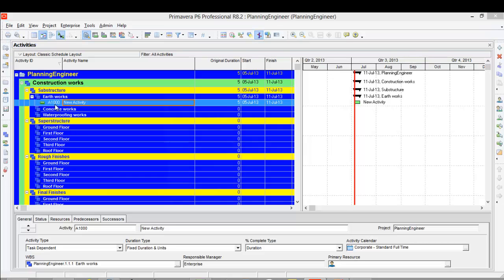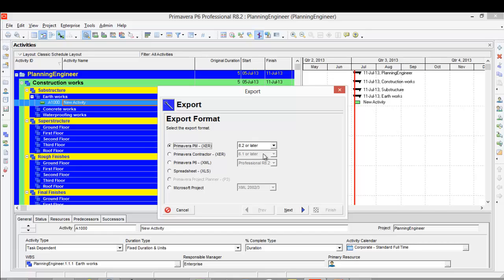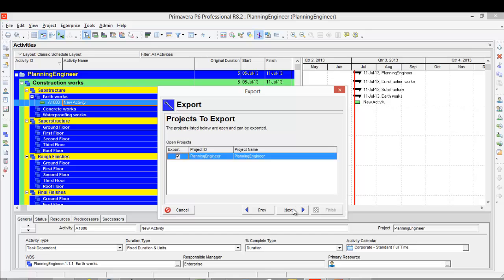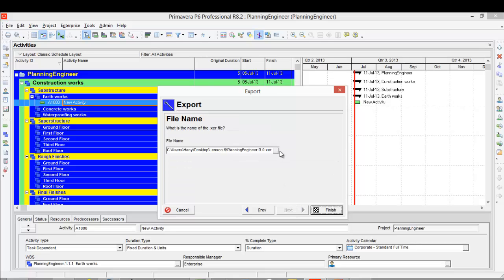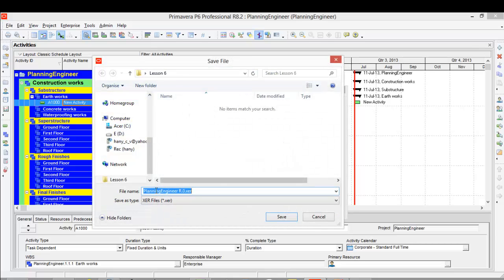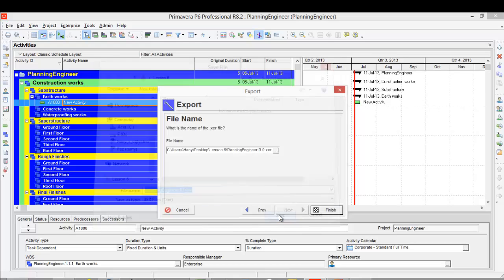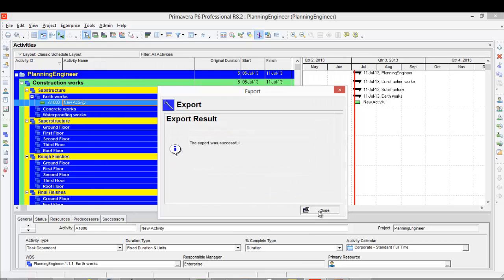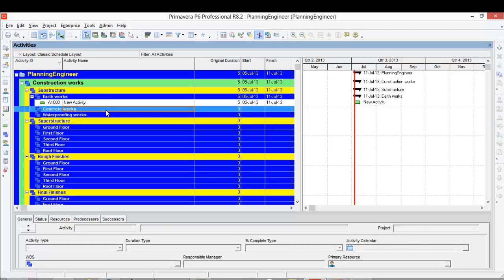From File I go to Export, I'll use Primavera, check whatever version I have, then export this project to my computer and save it as a backup document.